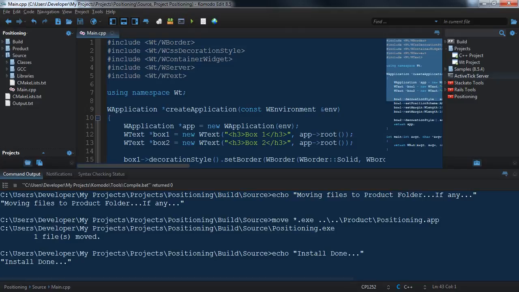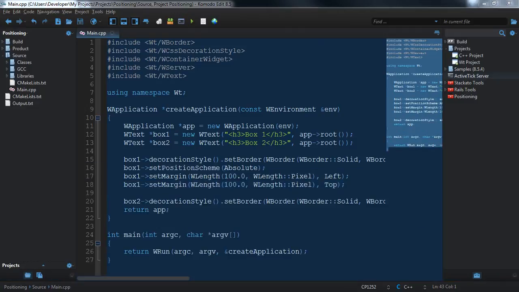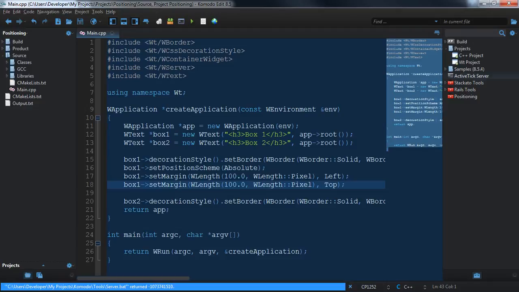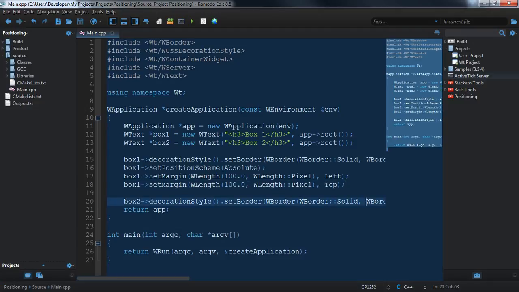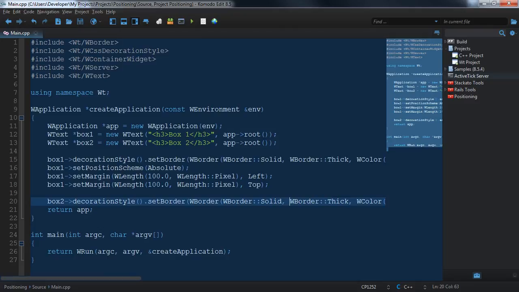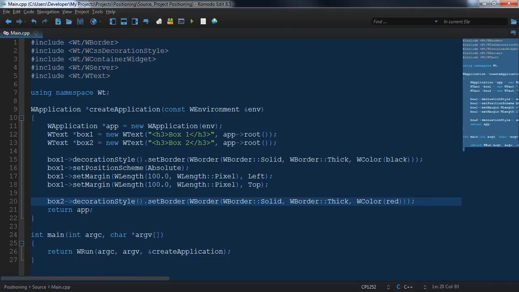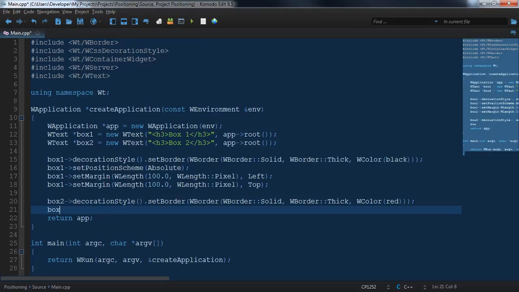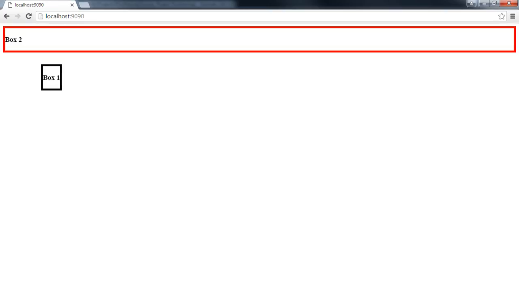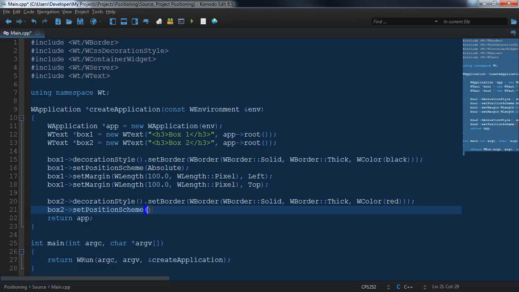So if we go back to our code, I'm going to turn the server off. And let's close this. Let's give us a little bit more room here. If we go to box 2, set position scheme, and notice when you looked at the example, notice how box 2 took up the entire page, but notice how box 1 did not, and we didn't even resize the widget. So if we set the position scheme, it is also going to be absolute,